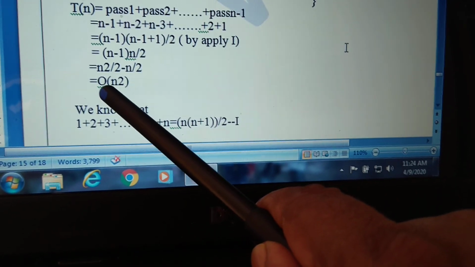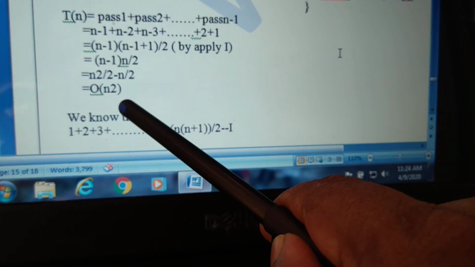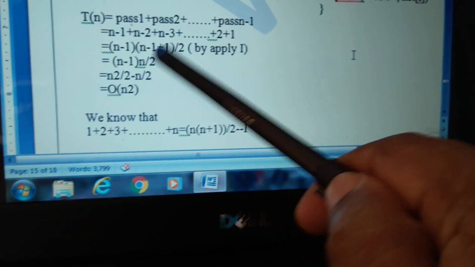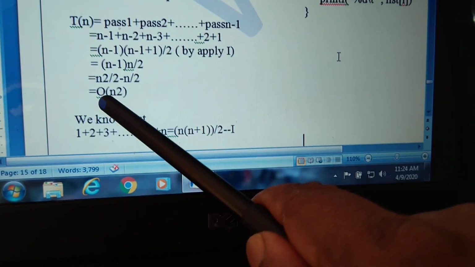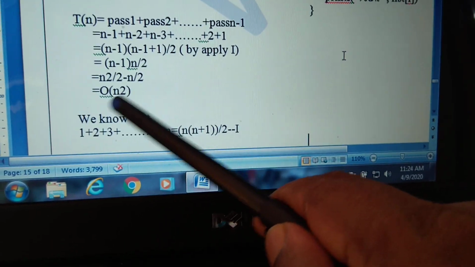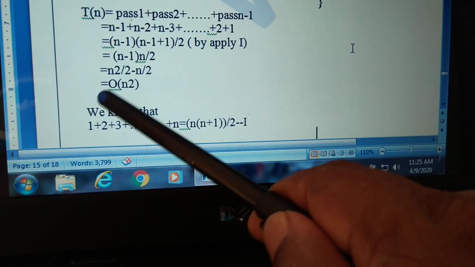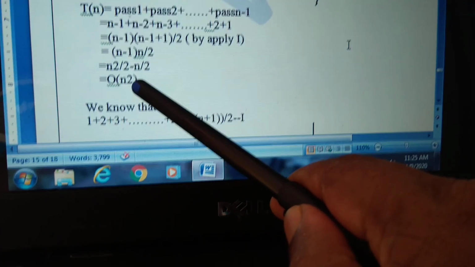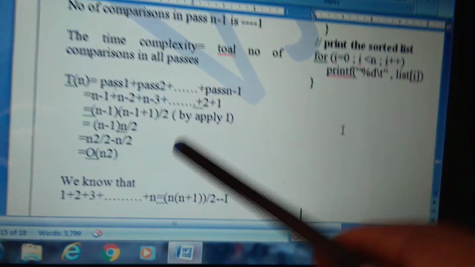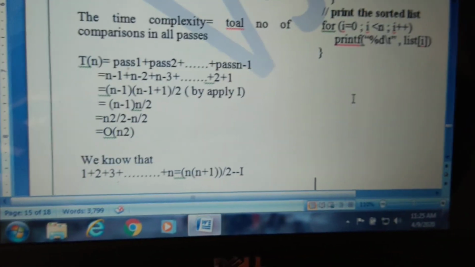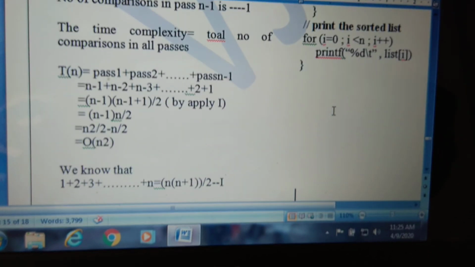So the time complexity of bubble sort is order of n square. In general, time complexity is represented with the big O notation. So T of n equal to big O of n square. Generally we call big O as order of. This is the time complexity for bubble sort. So see you in the next video with the insertion sort.